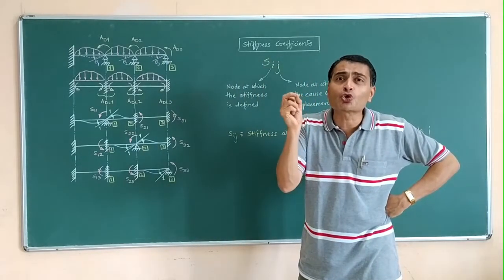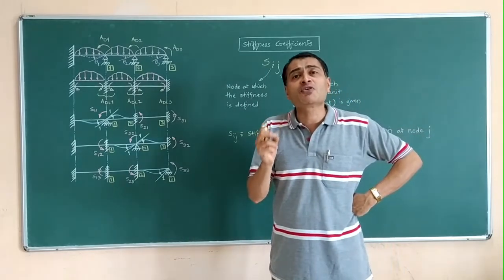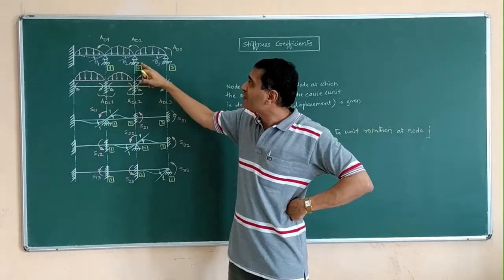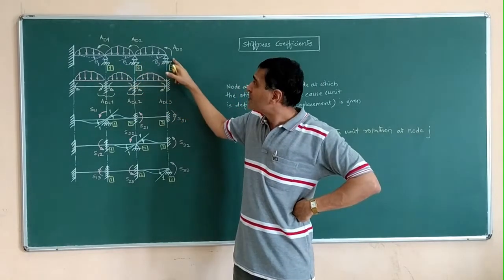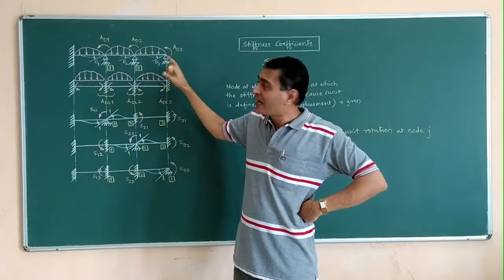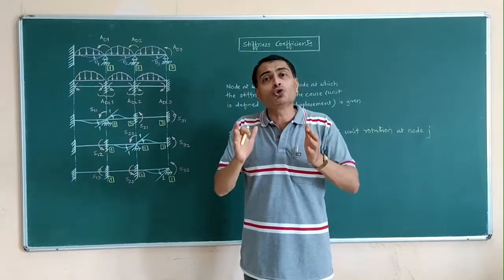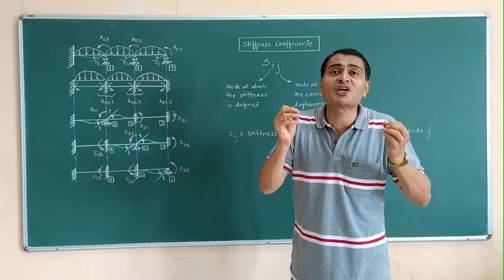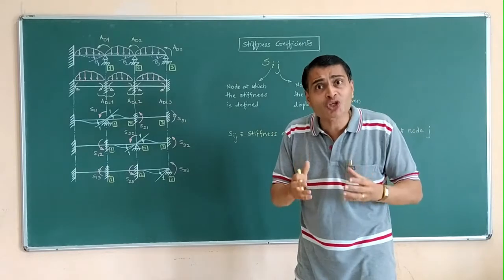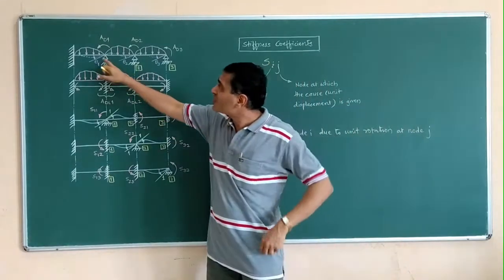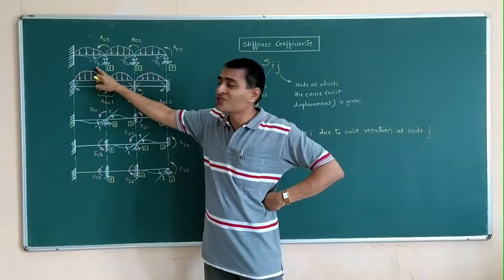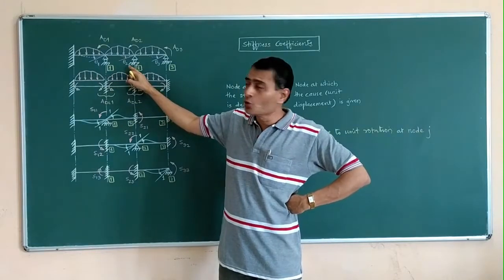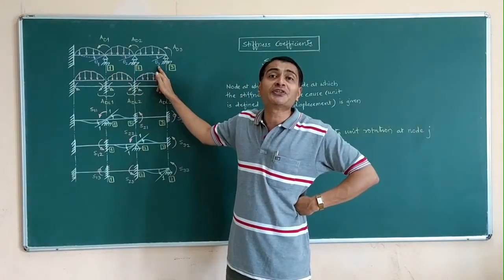So corresponding to those three, first of all, I am defining three nodes. This I am calling as node 1, this I am calling as node 2, this I am calling as node 3, and henceforth my 1, 2, 3 are going to remain same, so that my notations will be consistent. And then this unknown joint rotation I am calling as theta 1, this unknown joint rotation I am calling as theta 2, this I am calling as theta 3.